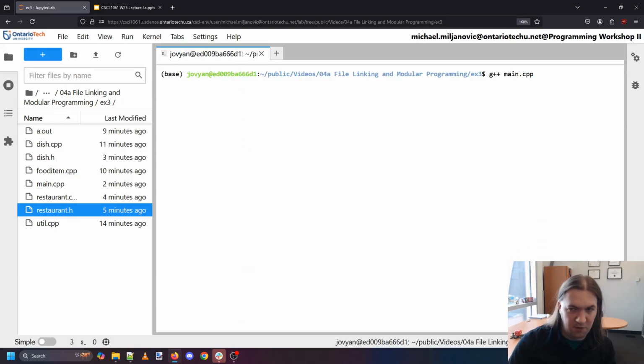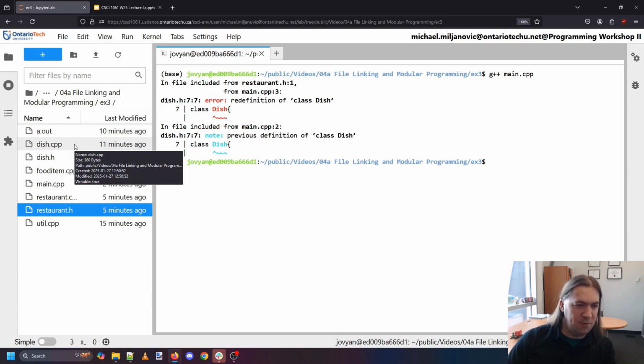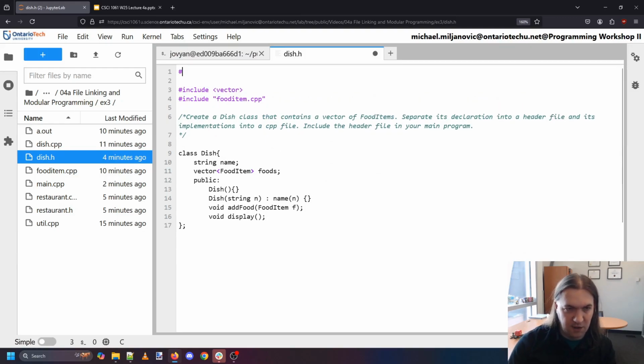Main. So I compile main. We see redefinition of class dish. So here again we have dish being included multiple times. So I need to fix this. So in my dish header here, we can either write pragma once, or another option that you can say is